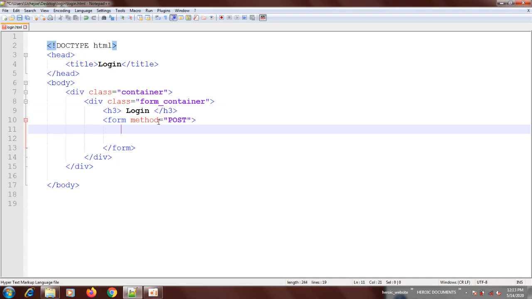the user is going to log in with, let's say, email and password. That's what we want to create now. So we say input type. We're going to call it email.